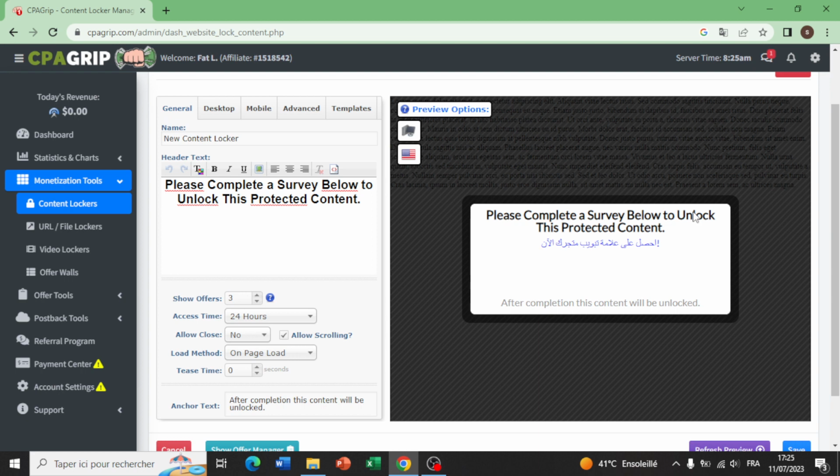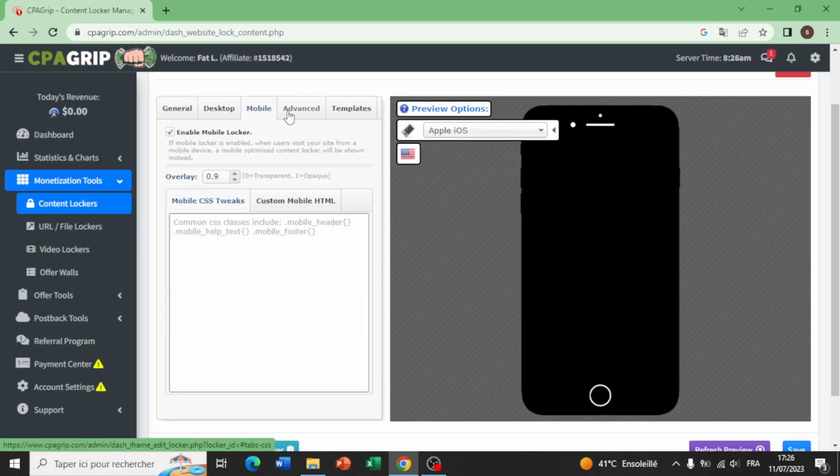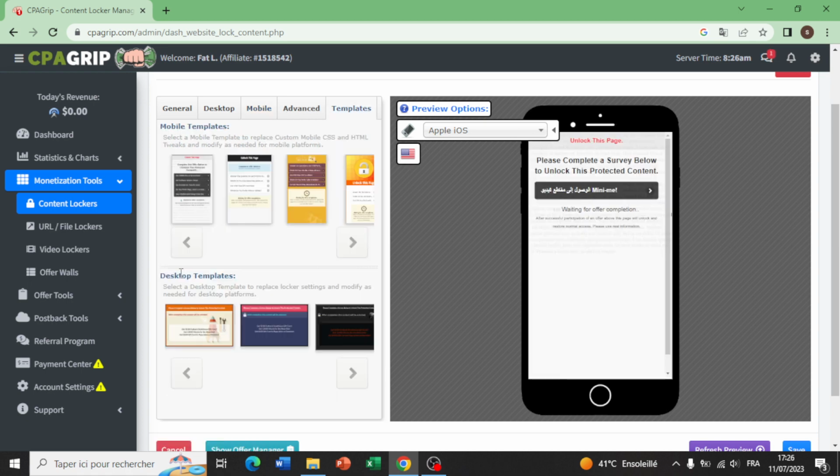We have options for desktop. If we use desktop or mobile, we have advanced and templates. We can select mobile templates to replace custom mobile, and we can also select a desktop template to replace locker settings and modify as needed for the desktop platform. So for example, I will choose this here, as we see,